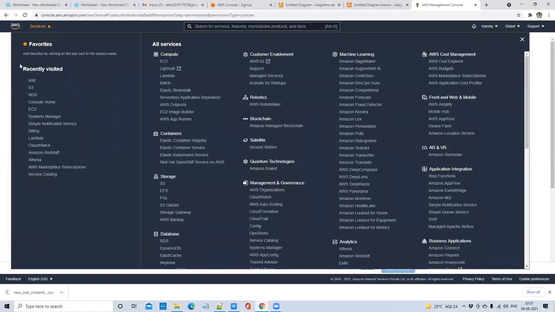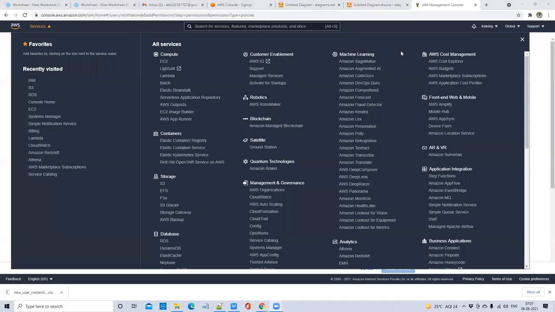So you don't need to worry about these things, IAM and all. Just for practice purposes, I am telling this. Generally, in real time, in your project, there will be an admin. The AWS admin team will do all these things for you. If you want to create a new user or give some access, everything will be done by your AWS admin. But as a developer, if you know this, it is really helpful, and to practice also, you may need to do all these things. So AWS admin is responsible for this.